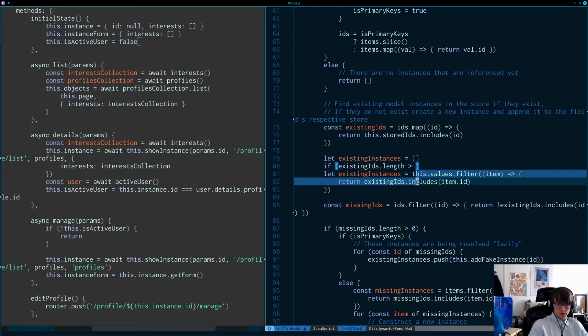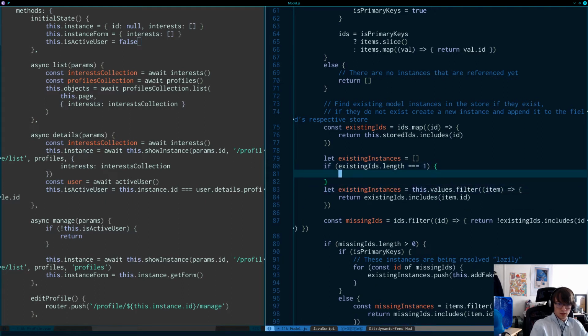We actually want to stop the loop if we find all of the IDs. So we'd like to do this where if existing IDs length is 1, then we just want to do existing instances dot push for this values find